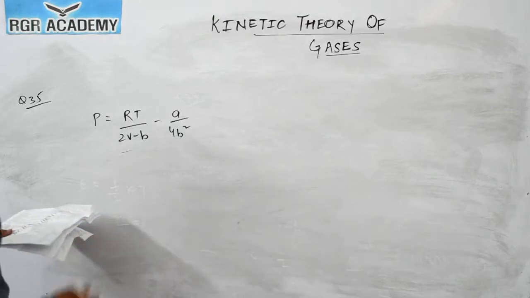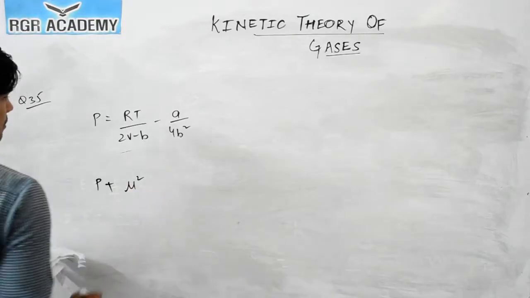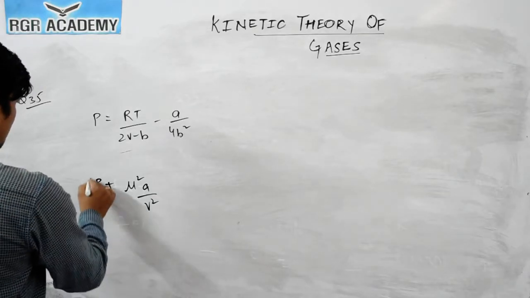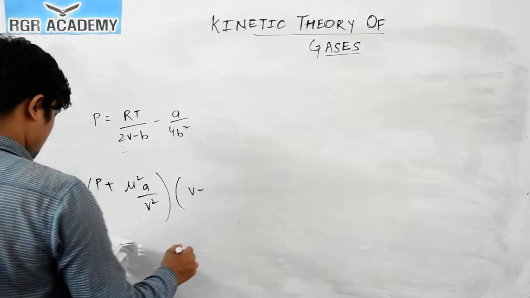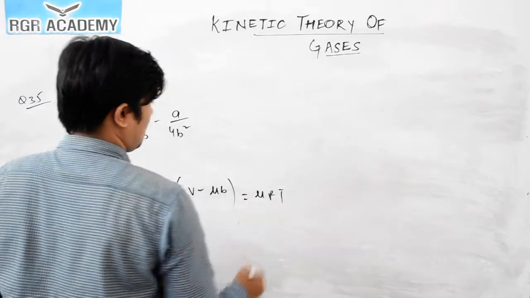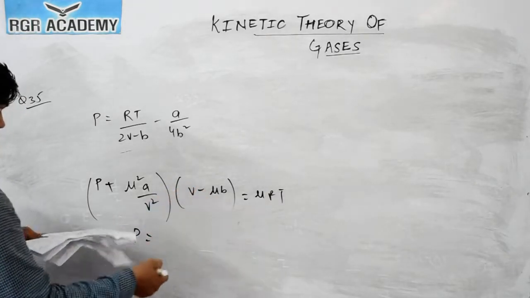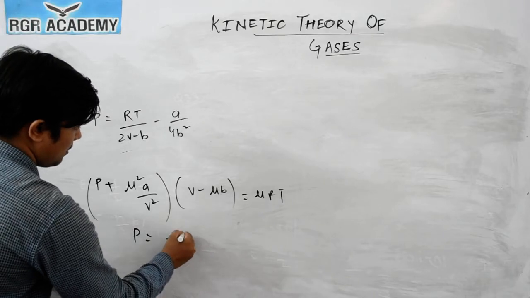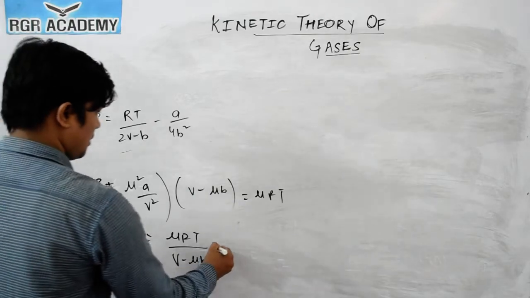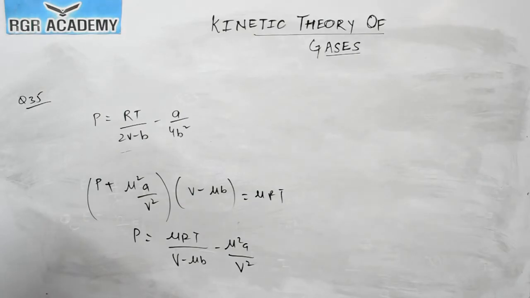Okay. So if you compare this equation with the real gas equation, that is (P + μ²A/V²)(V - μB) = μRT, where μ is the number of moles. Clear? So from this we can say that P, if you convert this into the given format, will be μRT/(V - μB) - μ²A/V². Okay. So if you compare this,